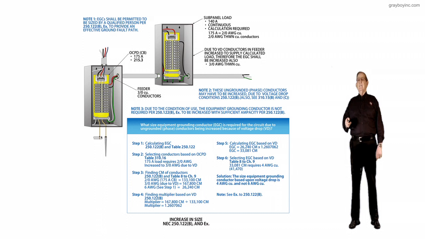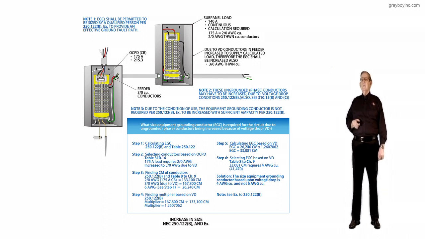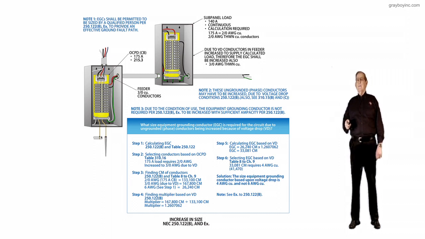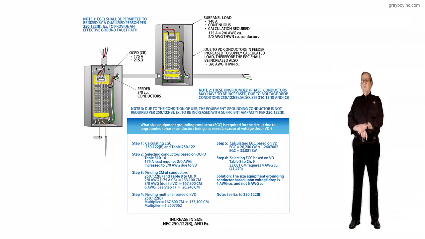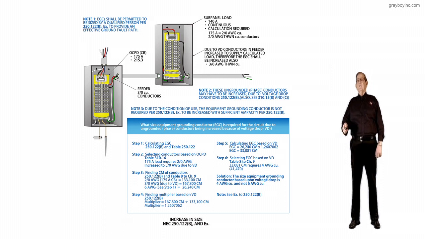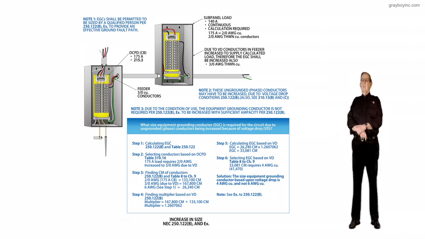We find that 33,081 requires a number 4. So a number 4 is good for 41,470, and that will take care of the 33,081. Now notice the size of the equipment grounding conductor based upon the voltage drop would be increased to number 4 and not number 6. Now we have complied with the exception and everything to